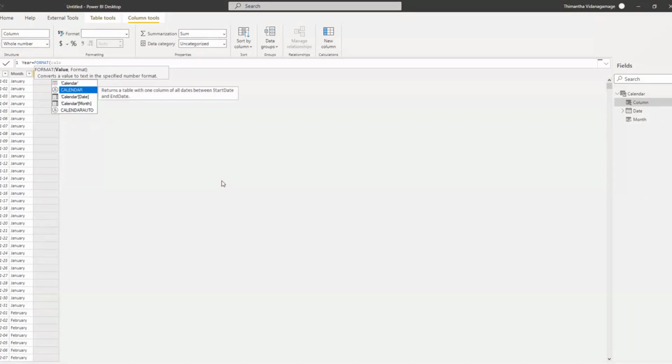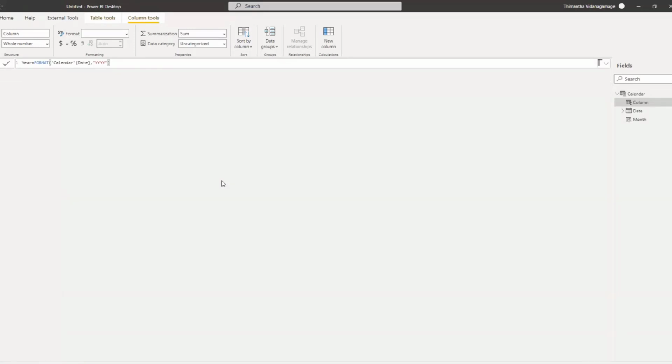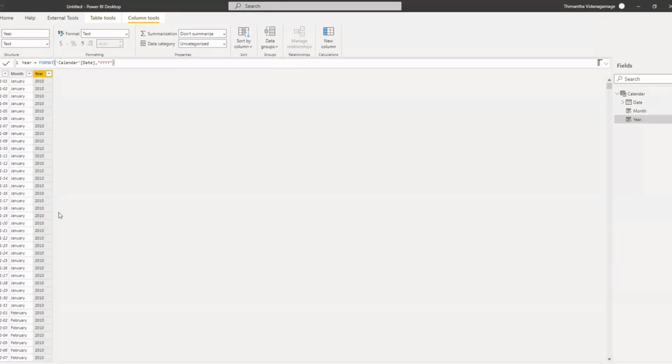I would be referring to the date column, and for the year, you need to use 4 Y's. These formats are available in the documentation, guys, so you can have a look at that. And that's how you create specific calculated columns extracting from date.